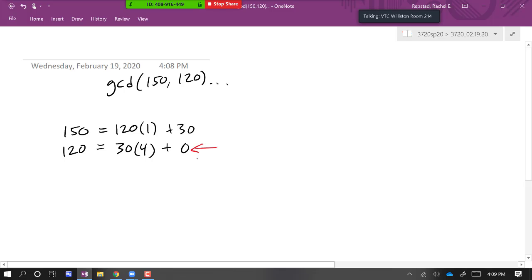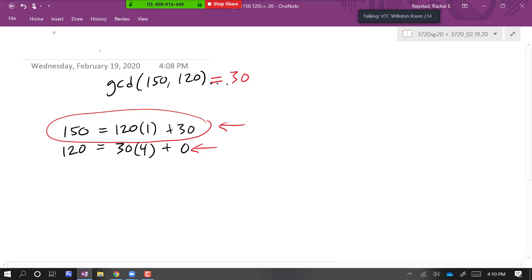This is perfect. Okay. So the Euclidean algorithm terminates once you get to 0. Sometimes it takes many rows, and I was afraid that it would be one of those examples. But this is just a couple lines long, and once you get to 0, the greatest common divisor is the one above it, so it's 30. So the greatest common divisor of 150 and 120 is 30. And using this line, I can say that 30 is equal to 150 times 1 plus 120 times -1, and there's a linear combination. And 30 is the smallest positive integer that you can write as a linear combination of 150 and 120.